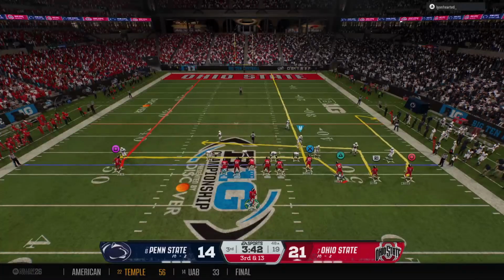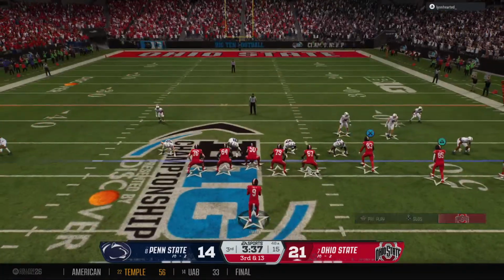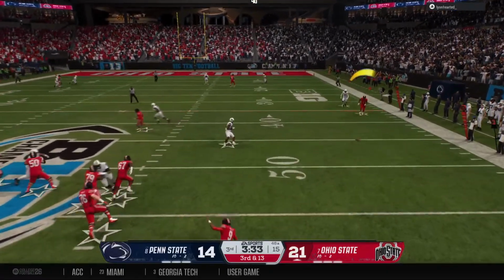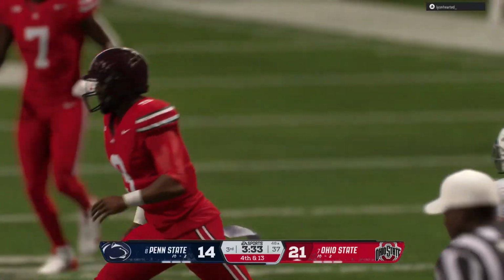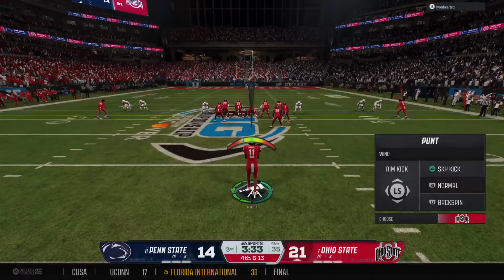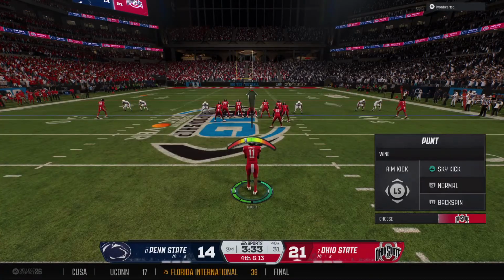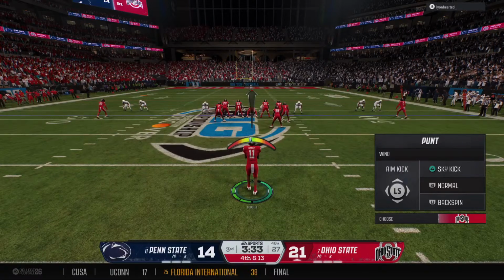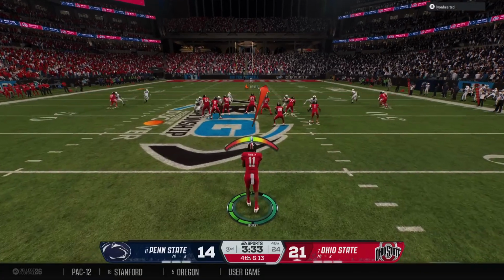Been in reverse here. Now a long way to go to convert this third down. Dropping back. It's Fowler. Defense is coming after him. The pass is off target. He got hit as he threw as the third down pressure works. And I am so impressed with the athletic ability and speed of this defense. Quarterback does a pretty good job of keeping the play alive, scrambling off to his right. But that defensive speed and their aggressive nature get to him.